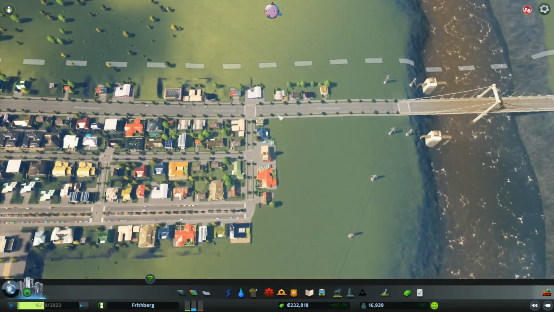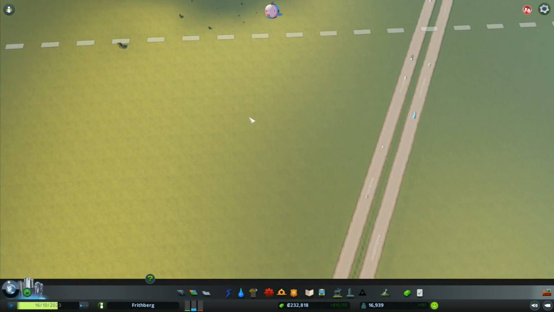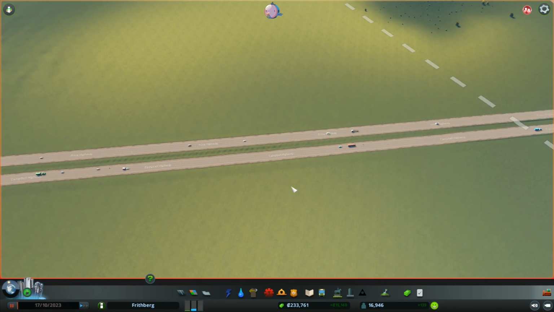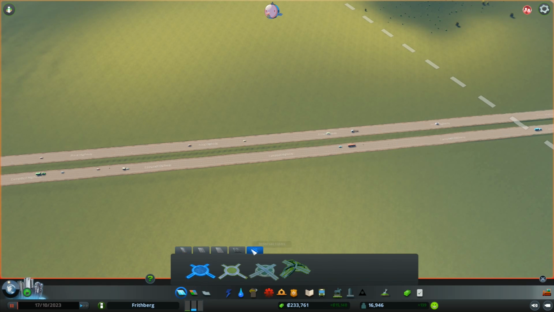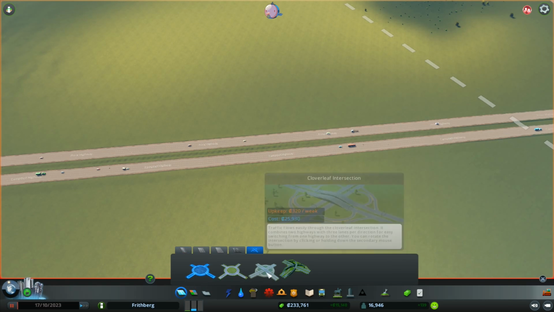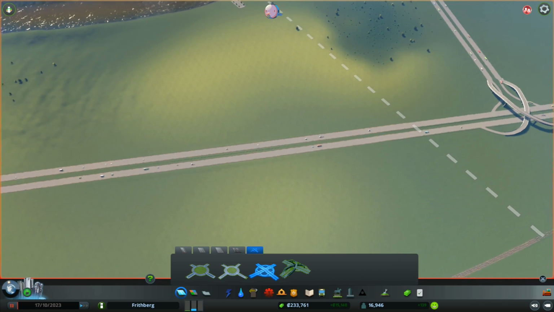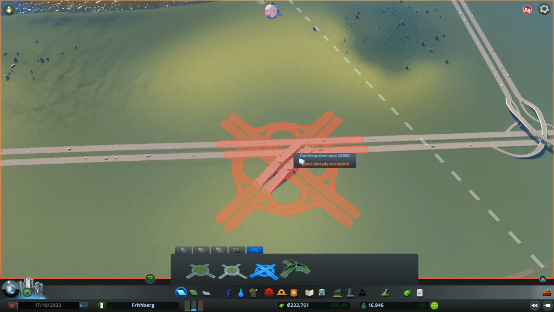So I've now got, that's the straight run in. We'll do the road off of here first. We'll pause the game for this. We're going to take roads here. We're going to go with that one, and we're going to go with one of these, rather than one of these cloverleaf intersections, which, whilst it does look very, very cool, it would be awesome if we could put that down there. I would also very much like to be able to...